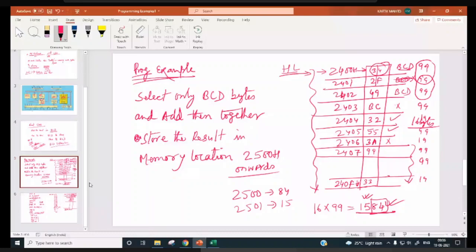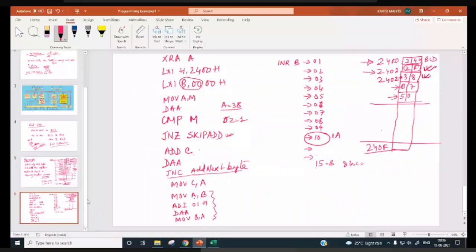Now, if you go by INR B instead of all these instructions, then finally B will be how much? Anyone? If you go by INR B instead of these instructions, what will the B content be if you increment this one, say 15 times? Quickly.